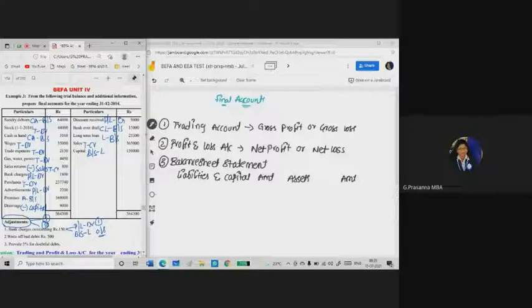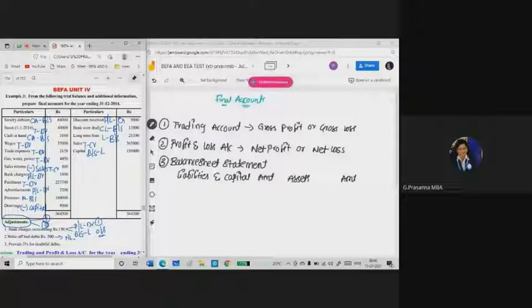Next it says write off bad debts, rupees 500. Bad debts means it is a loss to the debtors. So I will take these bad debts in the P&L account, and we have to calculate bad debts from the debtors. And the second time, you have to show it in the balance sheet asset side. You need to take the debtors amount, and from that debtors amount you need to deduct this 500 rupees.